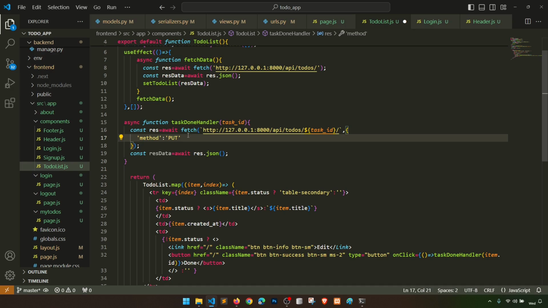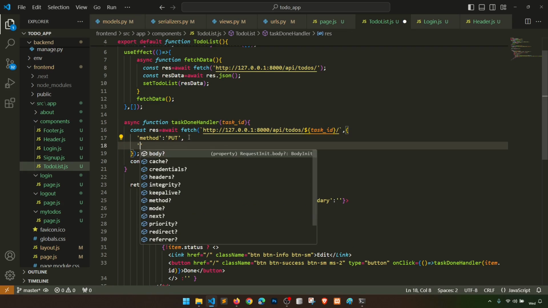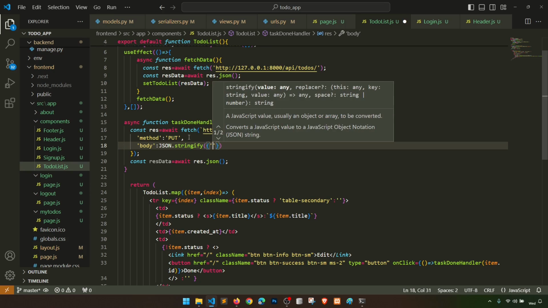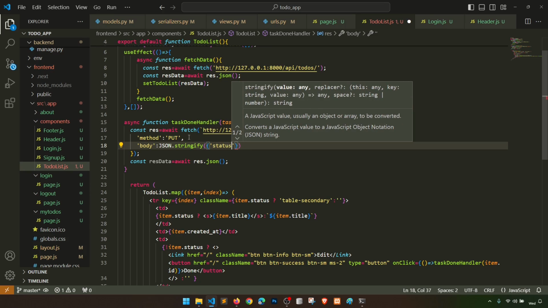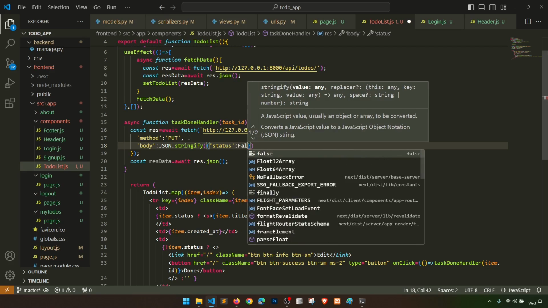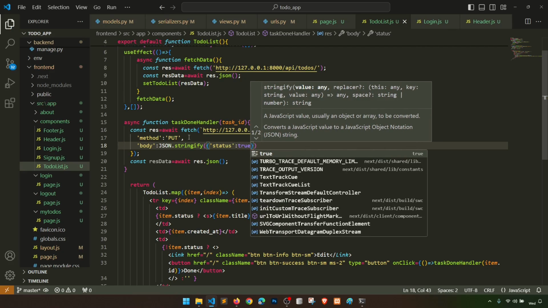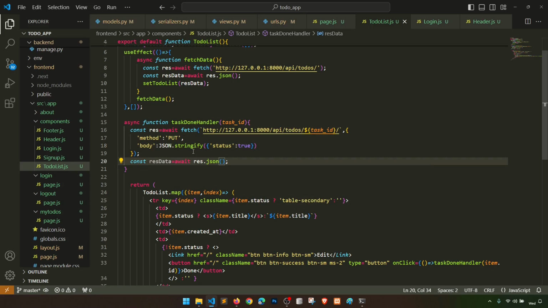So this method is PUT, and we also need to pass body. So body will be JSON.stringify status true, right? So the JSON.stringify status true, and then